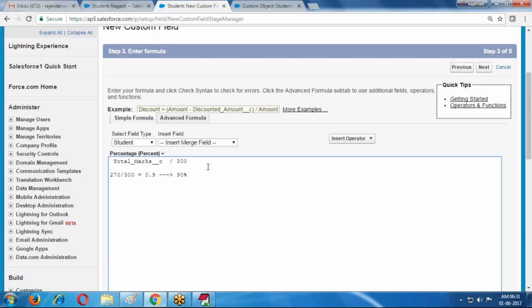Suppose the output is 0.65, then the output is nothing but 65%. 0.0 is 0%, and 1.0 is nothing but 100% here.